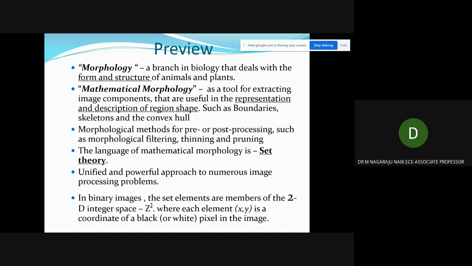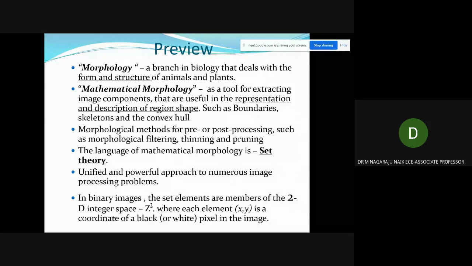Mathematical morphology means that a particular topic is suitable to analyze the morphology by using mathematics. In mathematics there is geometry, matrices, or set theory.